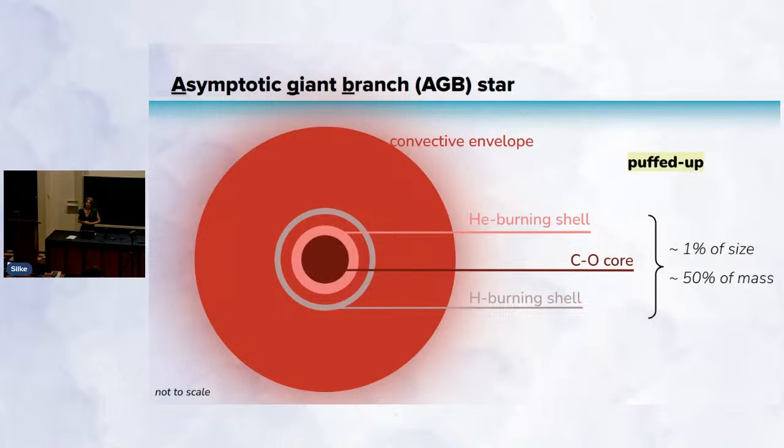Now, I shortly already mentioned that this envelope is convective. This might not say much to you, but convection also happens when you try to boil water. Once water starts boiling, you have this turbulent boiling motion, and that's actually also what's going on in this envelope. And because of this boiling motion, there's a lot of movement, and it might be that the envelope penetrates these layers where there are still nuclear reactions going on, and this can cause S-process reactions. Now, what are these? These are also nuclear reactions that produce